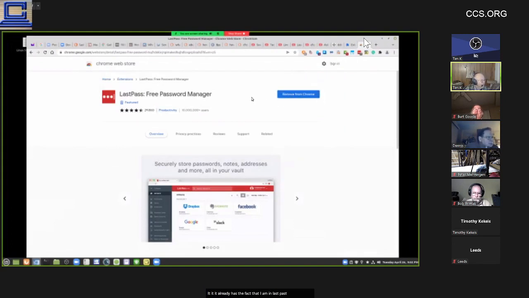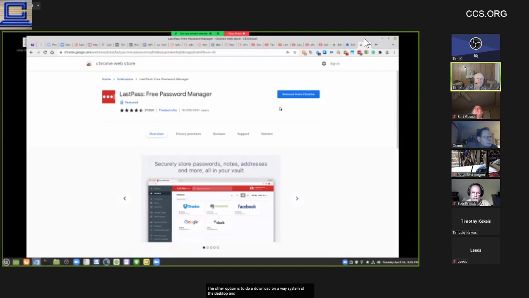It already has it out here, so it's telling me I can remove it by clicking on this. If it wasn't out there, I can add, and then it'll have a confirmation pop-up come up here. I have to say allow, and it will install the Lastpass extension. The other option is to do a download on a Windows system of the